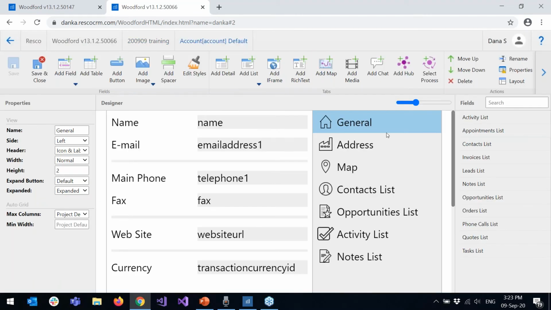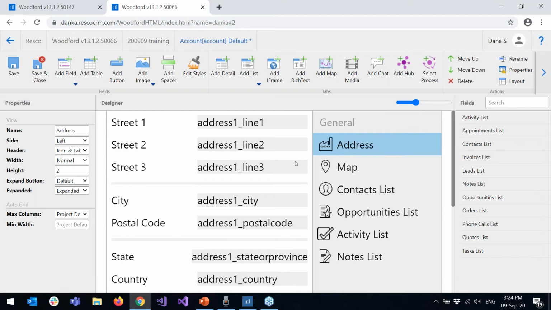First of all, for this tab general, I want to hide the header as a whole. It won't be any icon, it won't be any label. So I will set header to hidden, and you see a preview of how it will look like in the app here. Then I want to change the address header so that it shows only the label and there is